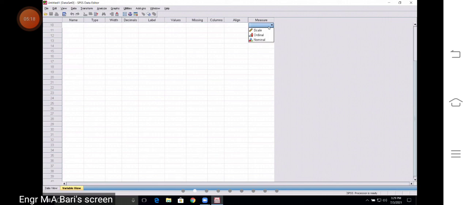If your input data is a numerical thing, then you will select the scale option. If your data is a text type of thing, for example, your data is text type,